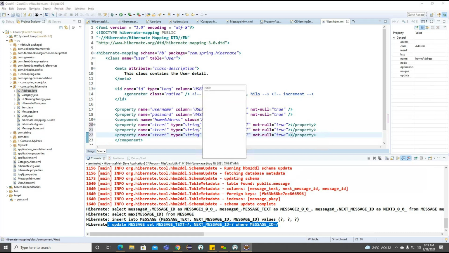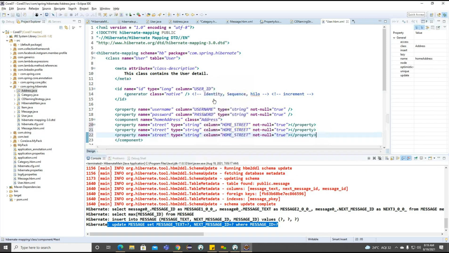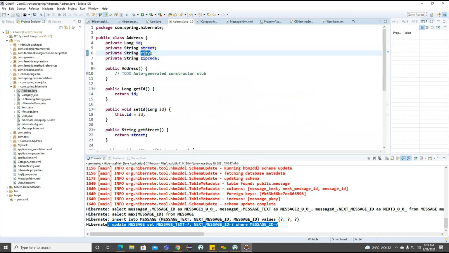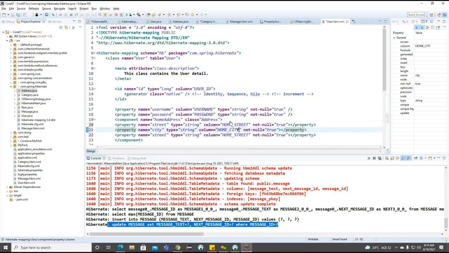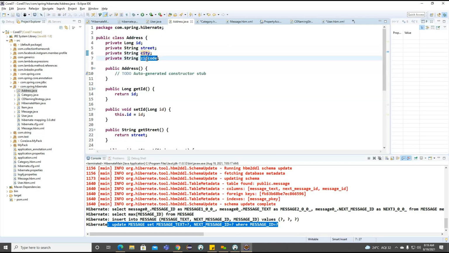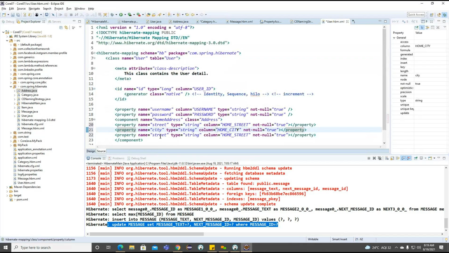How many are we having here? We are having three here. So street and city, home city. And another one, zip code here.